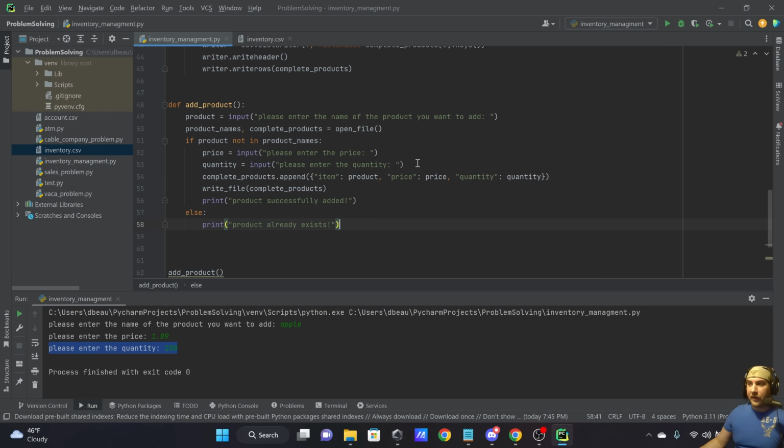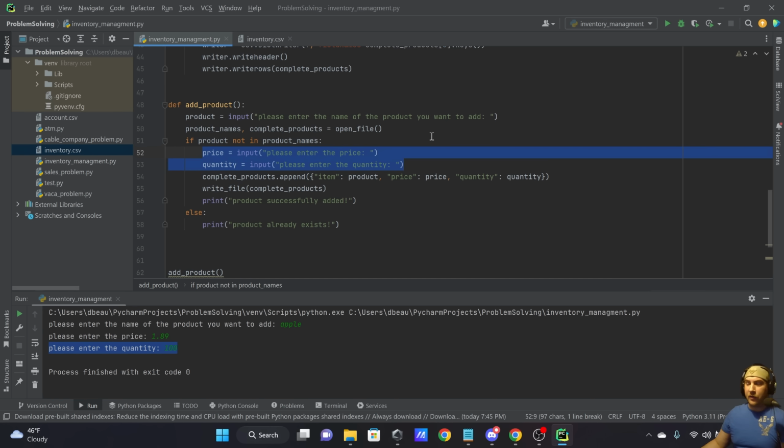And it also doesn't validate the inputs, okay? So you might want to validate these to make sure that they're valid inputs. You don't want someone to put in the price section Bob, and for the quantity, you don't want them to put like hi. So what you would want to do, and I want you to do this on your own,